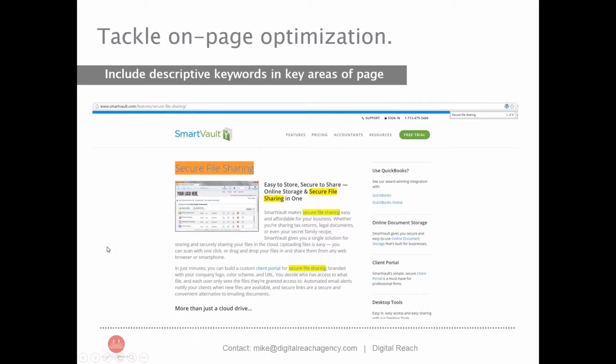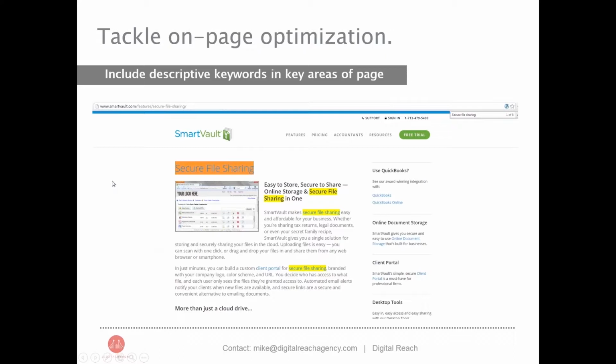All right, so putting yourself in Google's shoes, I read this website top to bottom, left to right. It's within the page title, it's within the header tag, it's within the content with synonyms and related terms. So this page is about secure file sharing. Got it. And again, a couple of those 200 variables that Google's looking at.